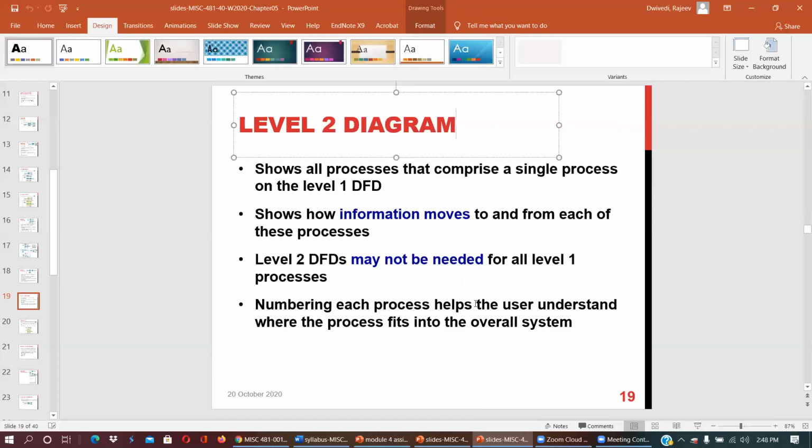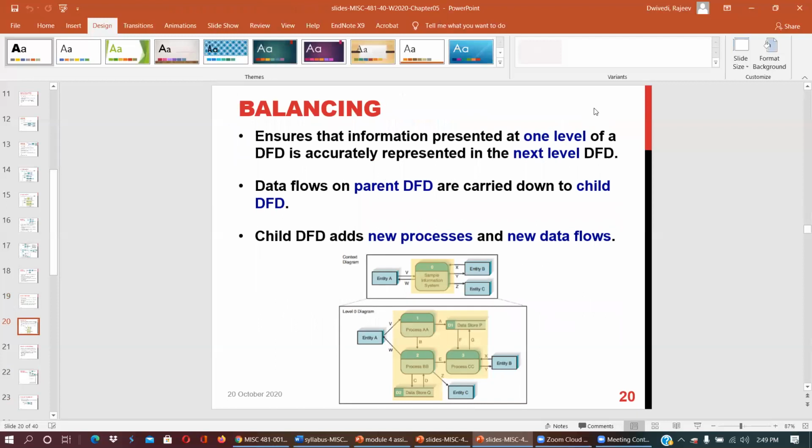Numbering each process helps the user understand where the process fits into the overall system. So a level 2 diagram may not be required for all level 1, but up to level 1 is most important.